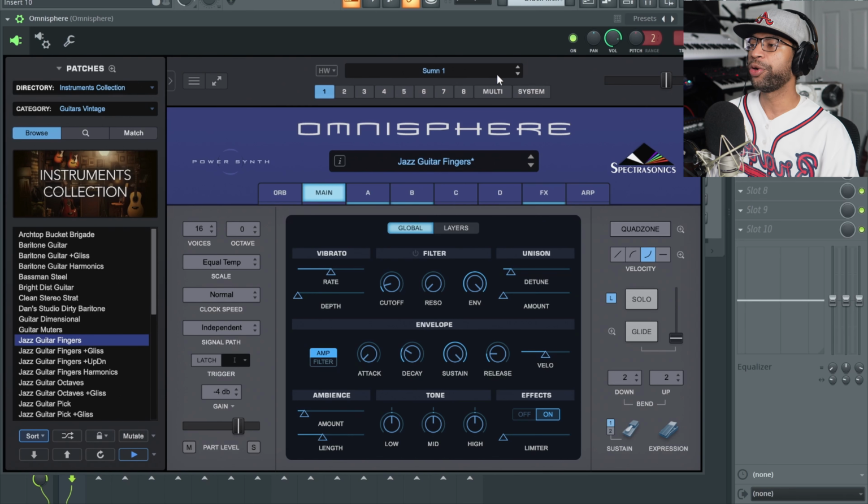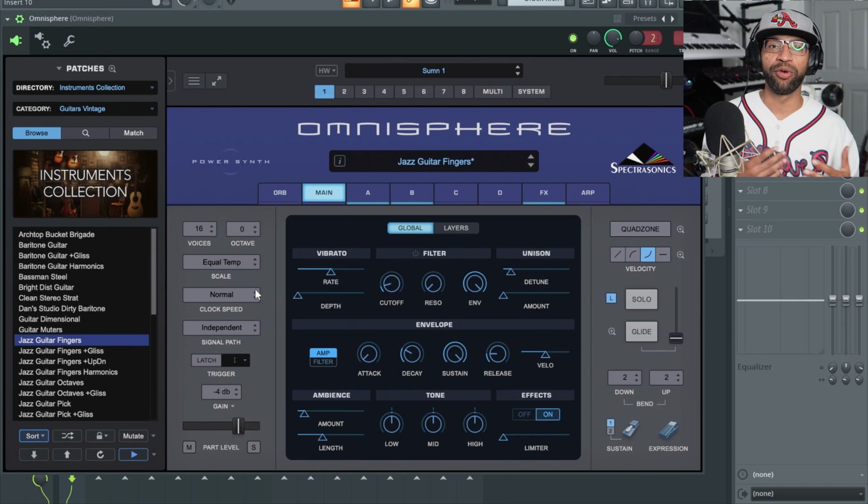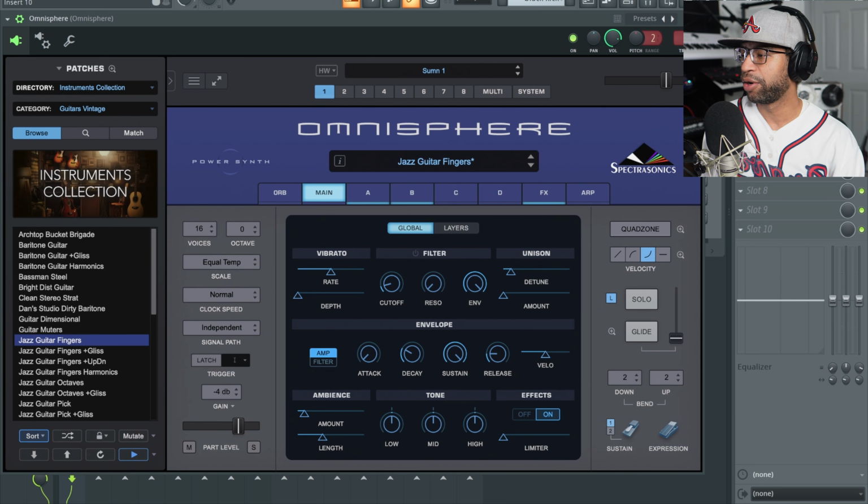As we see here, when we open up Omnisphere, the GUI looks a little different. The first thing I noticed, if y'all want me to tell you the truth, is that it doesn't look ashy no more. You know what I'm saying? It's like they rubbed some lotion on the gray, so the gray doesn't look so ashy anymore. But the fonts and just the way everything is looks a little bit different than the